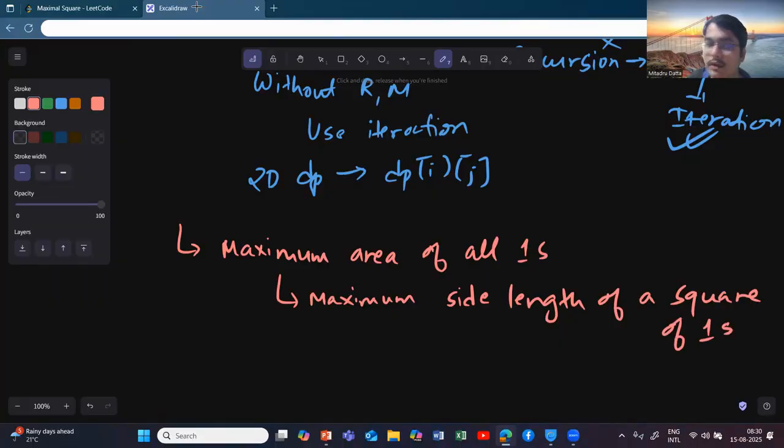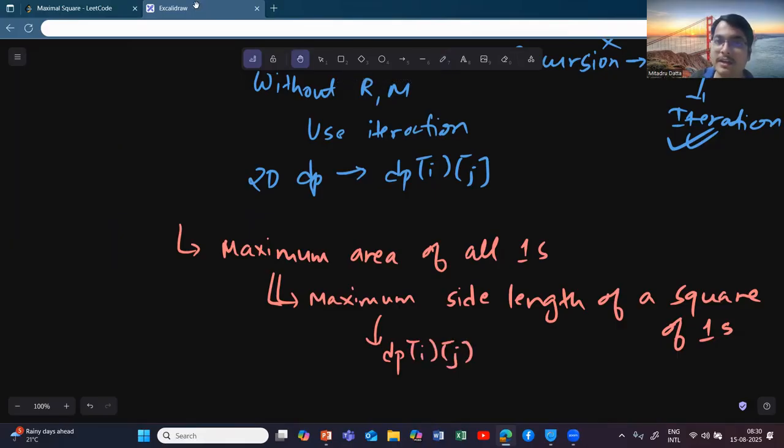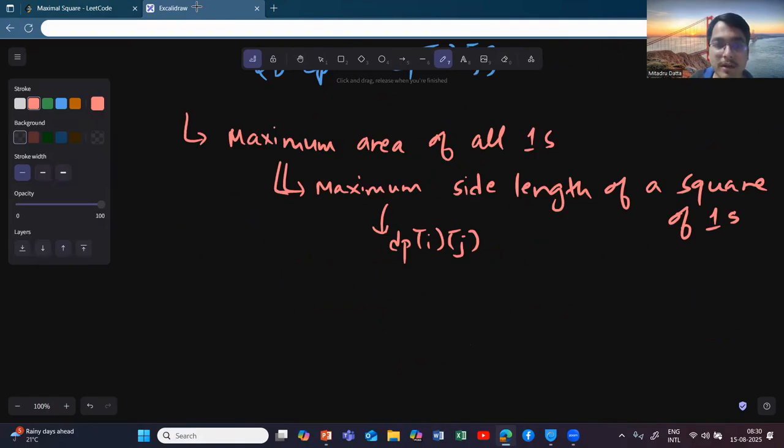This thing is very much equivalent to finding that. So definitely you can store your dp i j with something like this. What exactly will it store? For instance, you can imagine your dp i j stores the side length